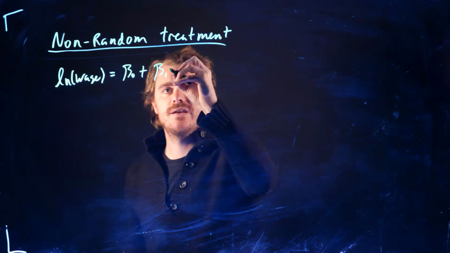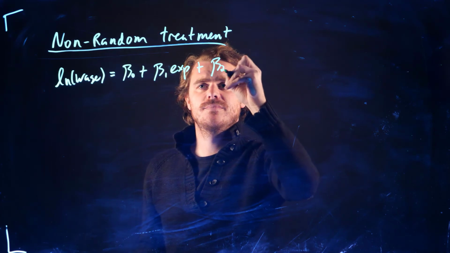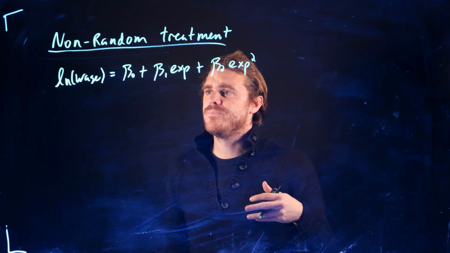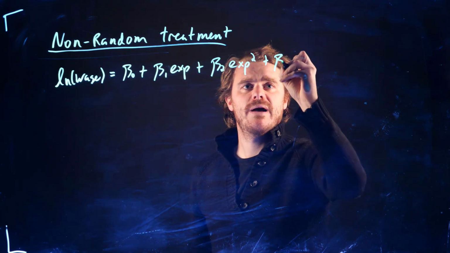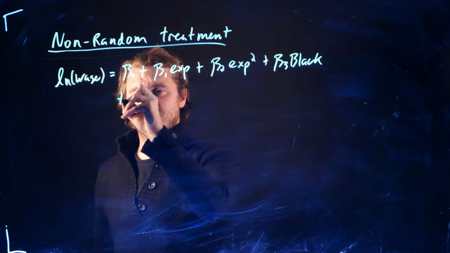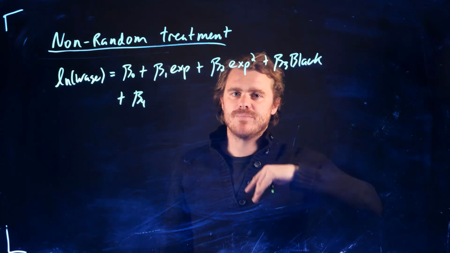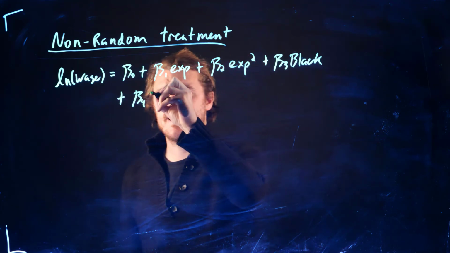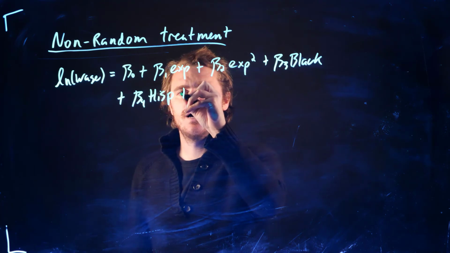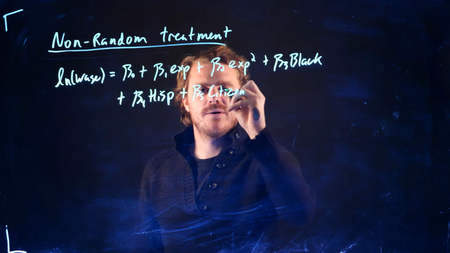And one thing might be their years of experience and experience squared. Maybe we might have race that affects your wages. So this would pick up things like discrimination and things like that. So maybe we have variables for Black and Hispanic. Maybe we have a variable for whether you're a citizen or not, because that's probably going to affect your future